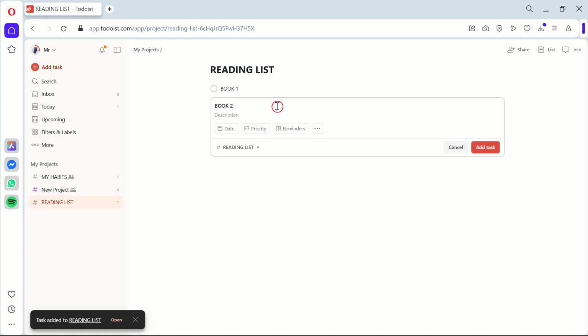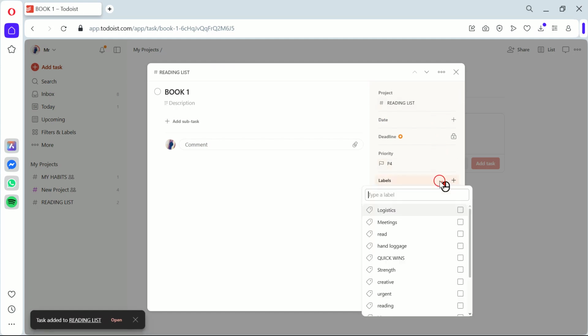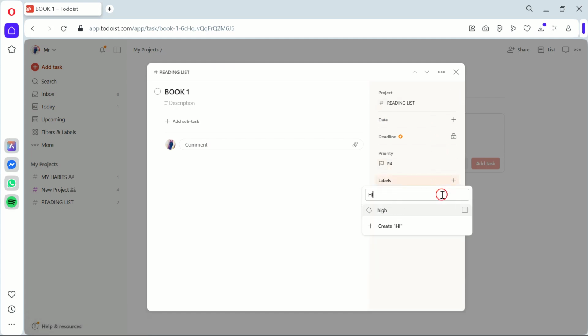Here's where Todoist really shines, by using labels and priorities. Assign a label to each book based on genre, author, or any other category that makes sense to you. Then, set a priority level to each book based on how soon you want to read them. This helps us because it enables you to filter and sort your list in a way that suits your reading